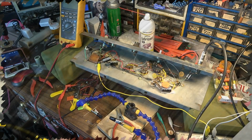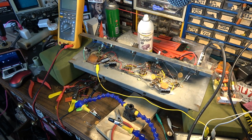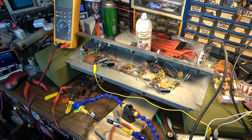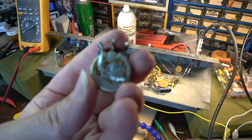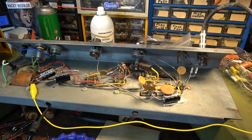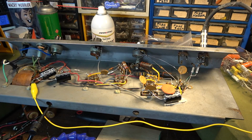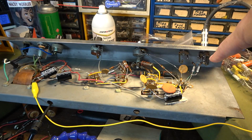So okay, skipping forward just a little bit, I've been doing some modifications on this thing so far, and I've got it sounding pretty smoking, but I want to show you what I've been doing. First thing I did was replace the 500K pot with a 1 meg pot. Now, this is a little bit too much. I'll show you what I mean in just a second, but I think I can adjust that